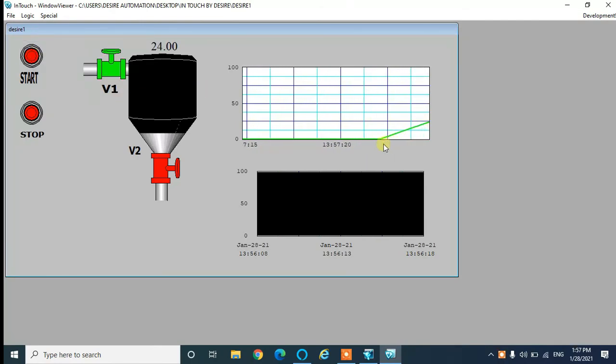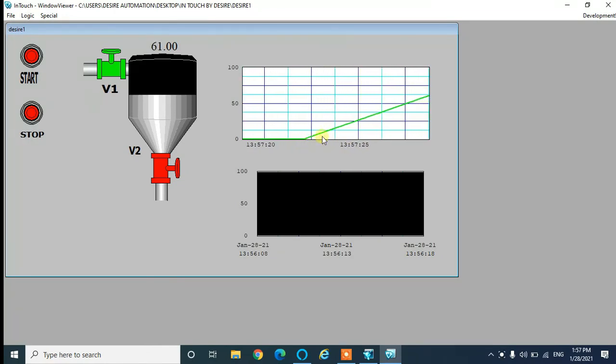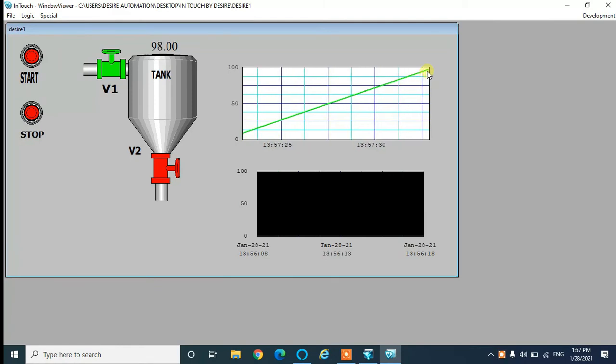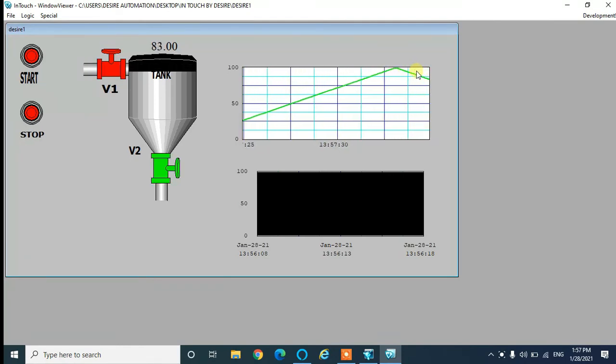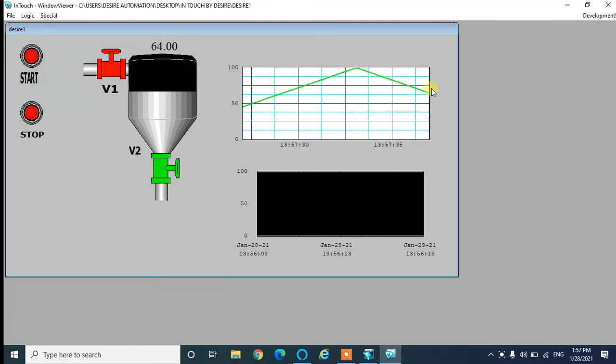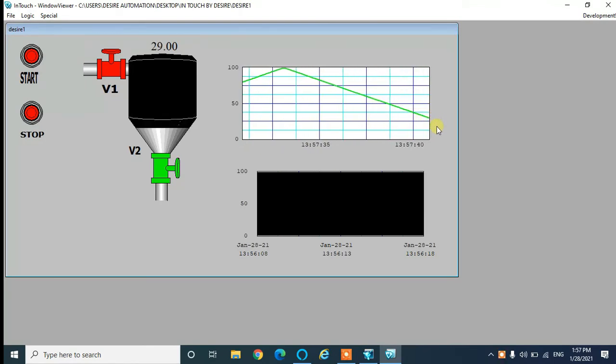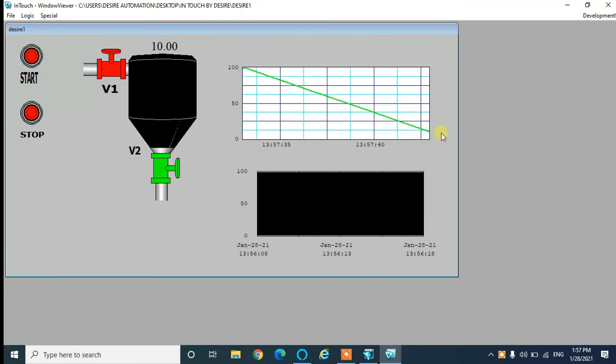Here you can see at this position I have made wall 1 on, that is why tank is filling in upward direction from 0 to 100, and when it fills 100 again wall 2 is on, because of that the value of water is decreasing. So in this way in real time trend you can see a real time value or real time status of your object in graphical form.